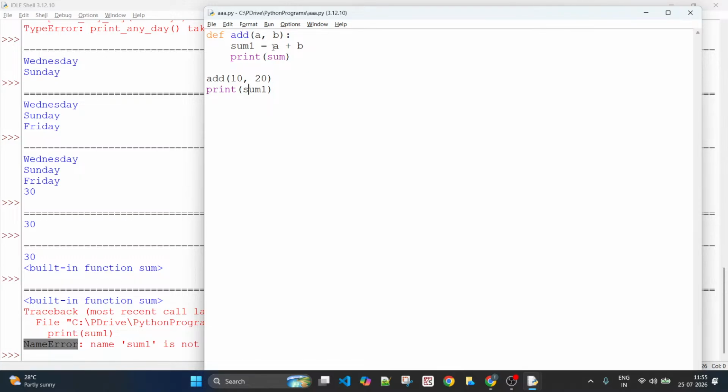But now, yes, you pass it two arguments and you found the sum and you want to get the value back and print it here. How can I do that then? That is where return comes into picture. What is the variable you want to print? What is the value of the variable you want to print? Sum, wherever the result is stored, you return that.